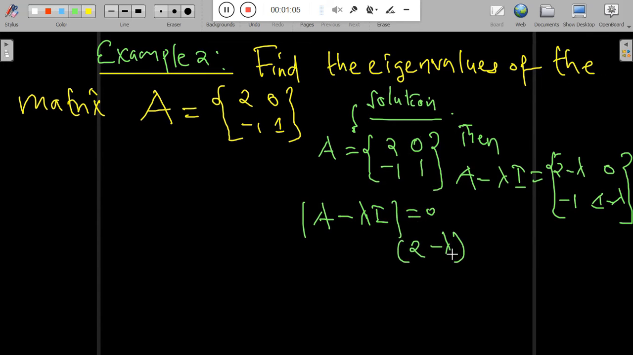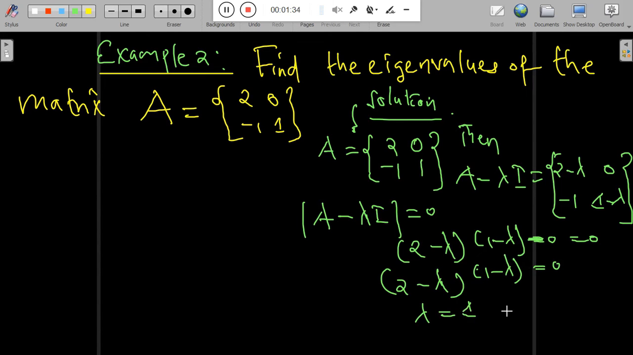So we find the determinant on this kind of equation. That will give you 2 minus lambda, then 1 minus lambda minus 0. When you take out 0 minus, you get 1 minus negative 1, which will be equal to 0. So when you create the equation, we will obtain the two equations, 2 minus lambda and 1 minus lambda, which